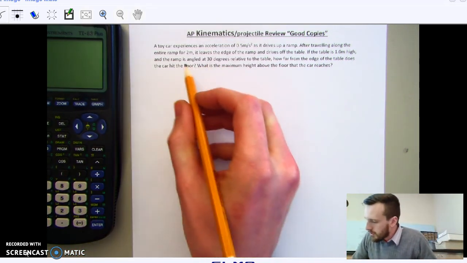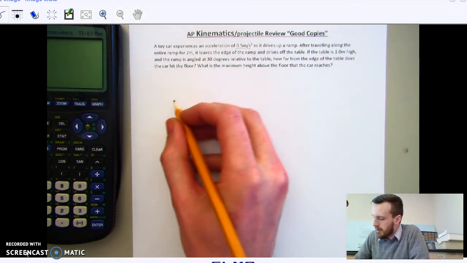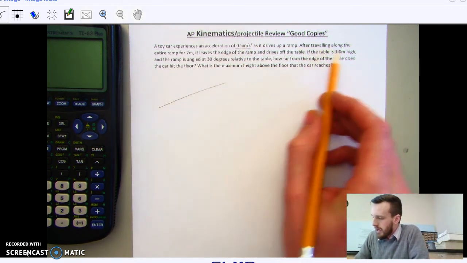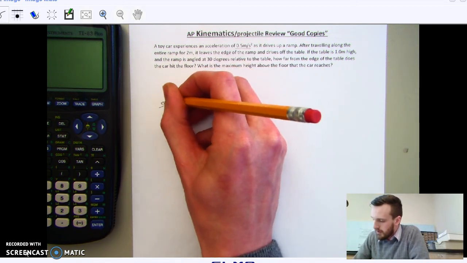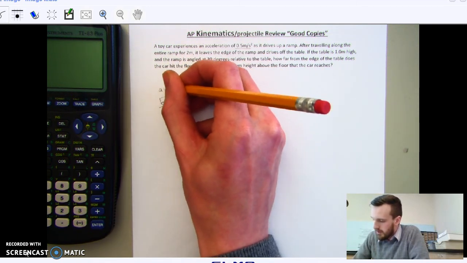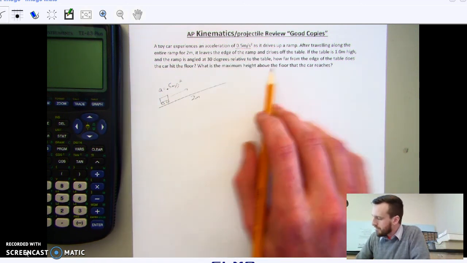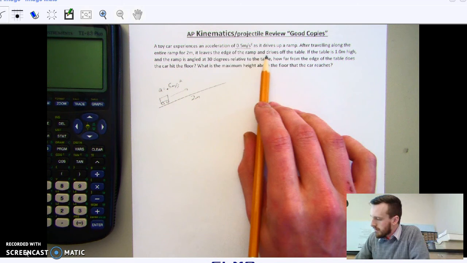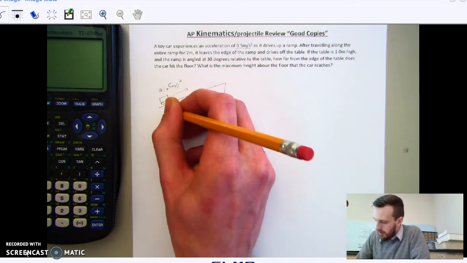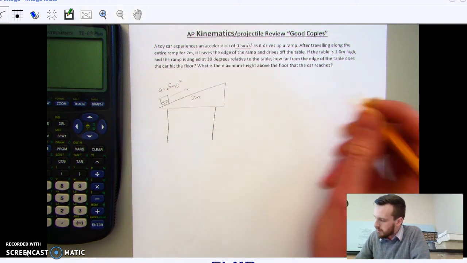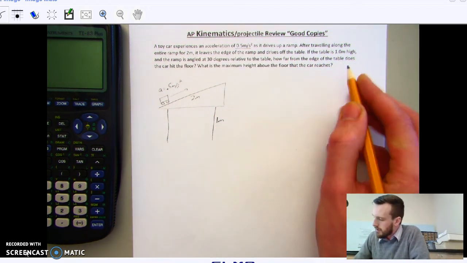Let's take a look. A toy car experiences an acceleration of 0.5 meters per second squared as it drives up a ramp. So we're driving up a ramp. After traveling along the entire ramp for 2 meters, I'll draw my little toy car here, experiencing an acceleration of 0.5 meters per second squared up the ramp, it leaves the edge of the ramp and drives off the table. Okay, so I guess our ramp is on a table, and our table might look something like this. There we go. If the table is 1 meter high, label this 1 meter,